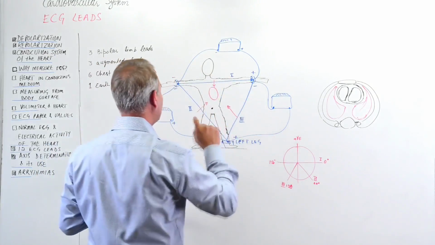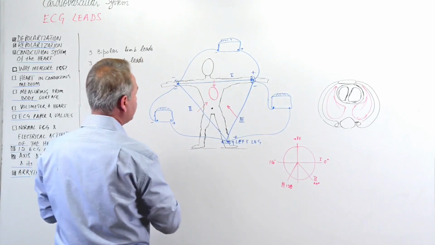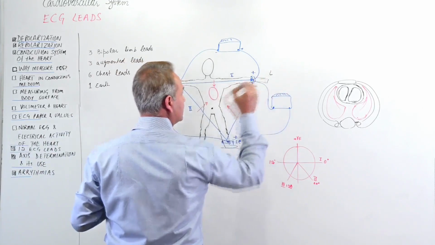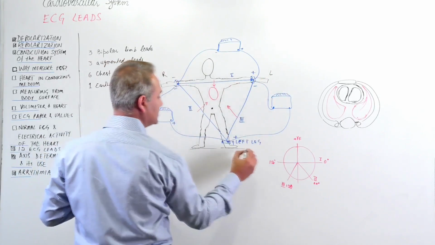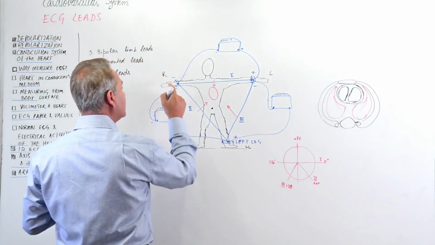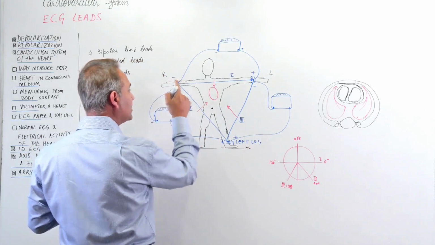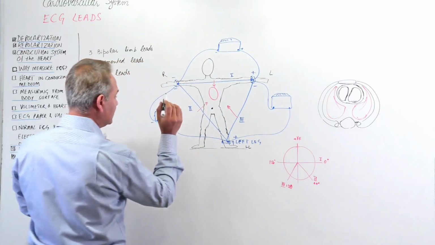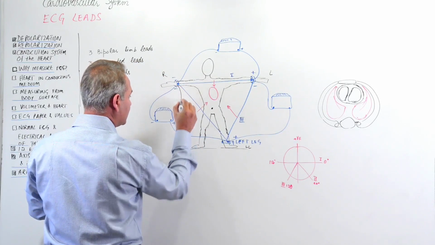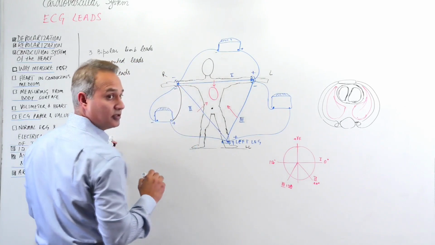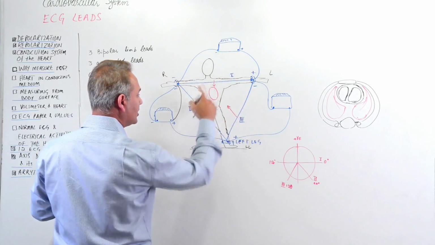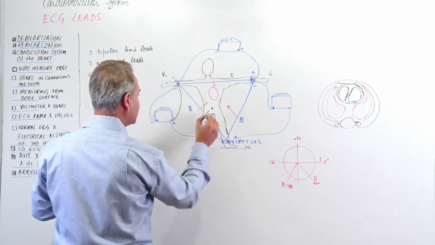So here is how we work. What we do is we say augmented. So look, this is the left arm, this is the right arm, this is the left leg, right? So if you add an augmented lead over here, I'm going to make it in black. If you take the positive from here and attach it to the ECG, and if you take the average of all the others and attach that to the negative,